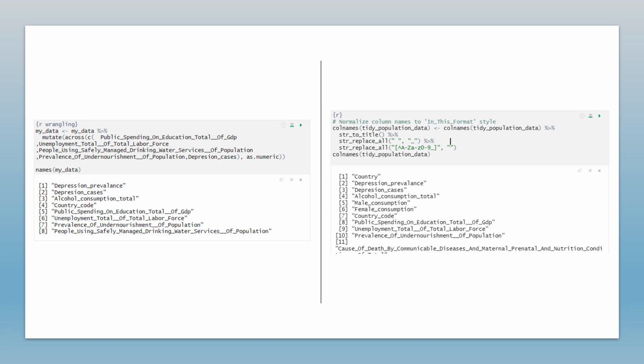Some of my wrangling involved turning character columns into numerics, changing column names into something that I could work with easier. I wanted to get rid of white spaces. I didn't have to scale or center my data because for the most part it was already done.